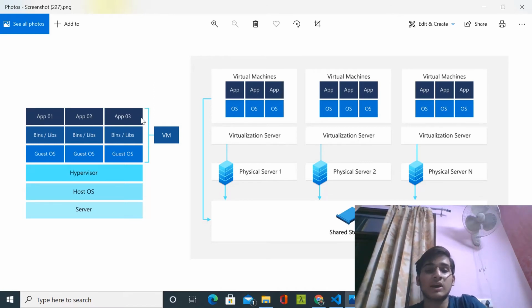Containers do not require a guest operating system. We have the same application, but it is containerized. It needs the Linux operating system to run, but this application is now converted into a container. So to run it on our system with Windows as the host operating system, we don't need a guest operating system.